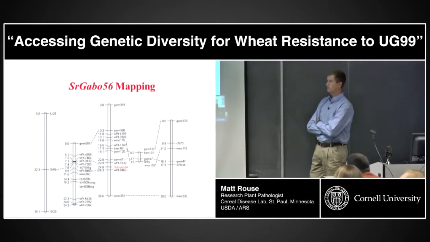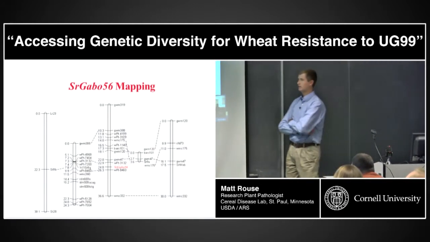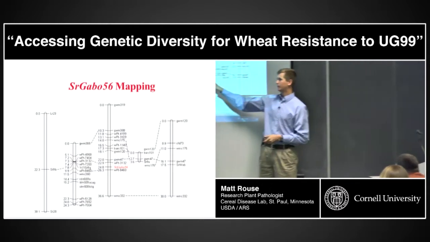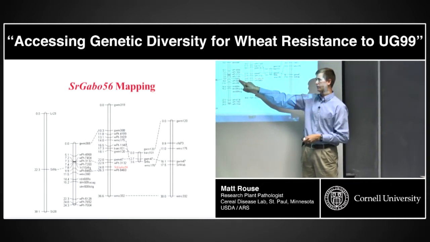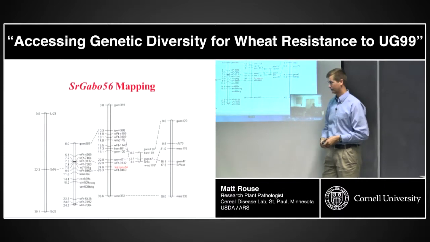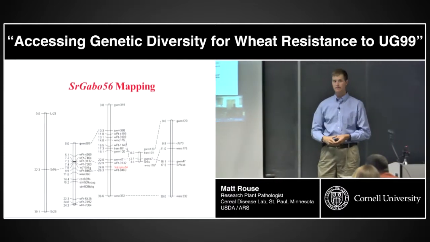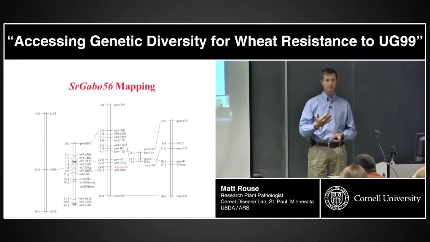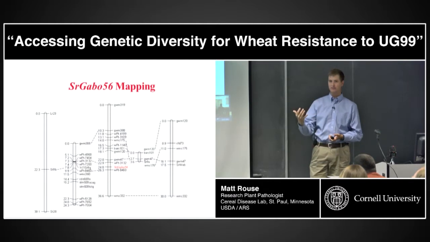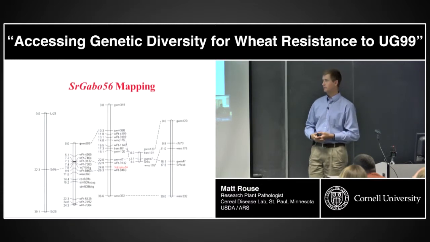And what's significant about the map location here is that it's at the same location as some of the SR9 alleles that have been described. So SR9 currently has 5 different alleles that are effective to stem rust. And none of those 5 previous alleles were effective to Ug99, but this is potentially an allele that is effective to Ug99. And so we kind of prioritized